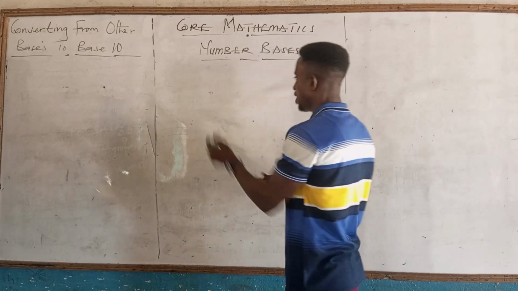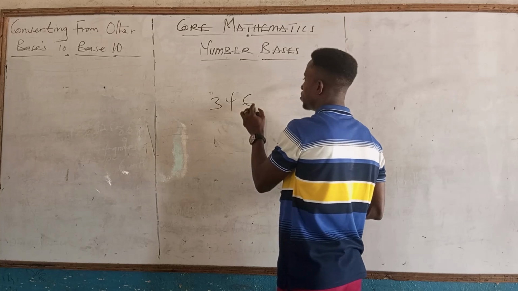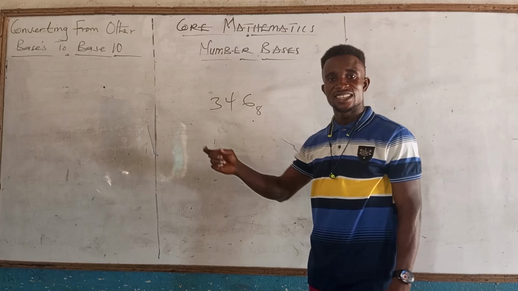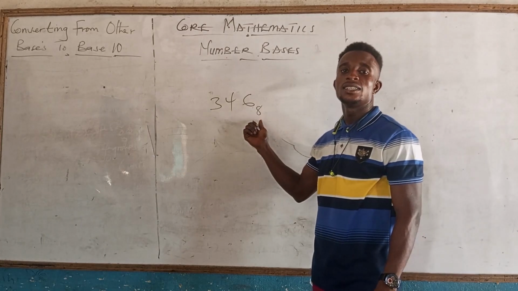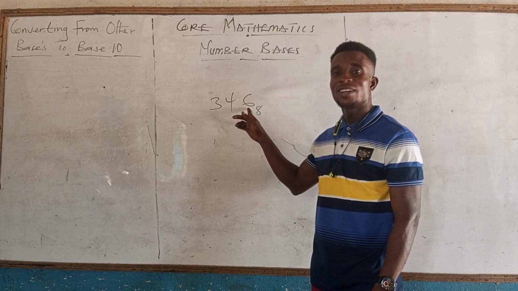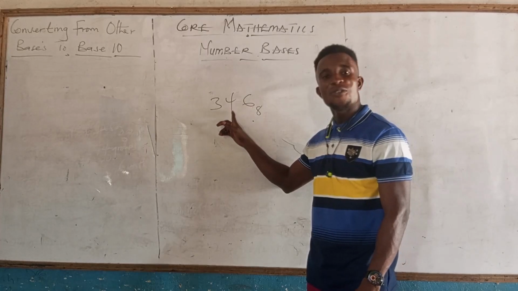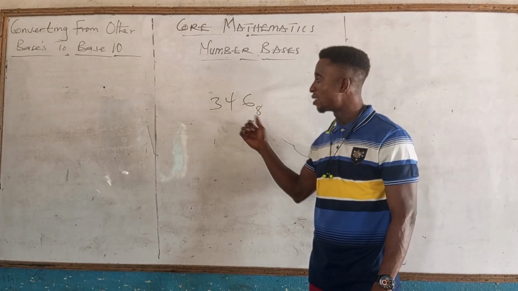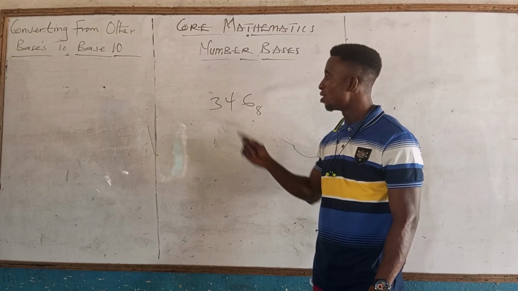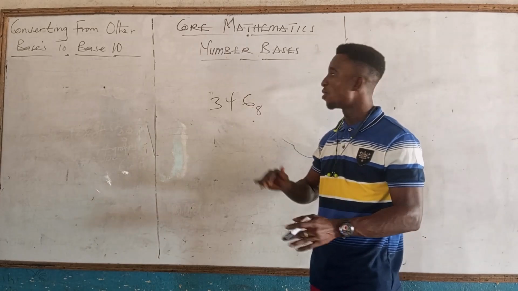For example, if we have 3, 4, let's say 6, base 8. Meaning, there are certain units that have been grouped into 8. Are we getting that? So this one is telling me that I have 6 units, also 4 groups of 8, and also 3 groups of 64. Please, are we getting that? Because I have 4 groups of 8. When it gets to 8, so 8 groups of 8